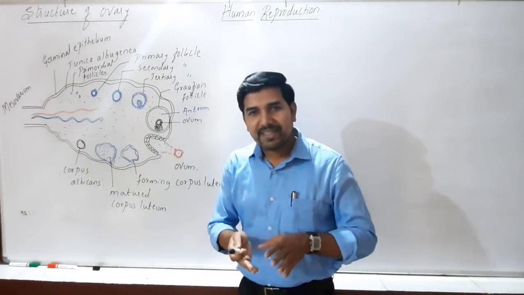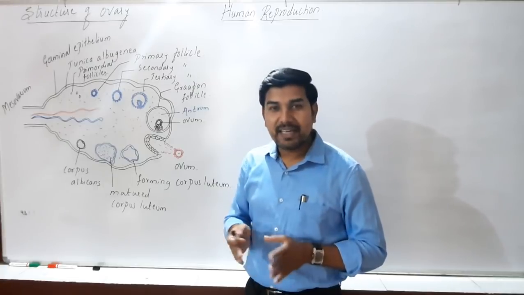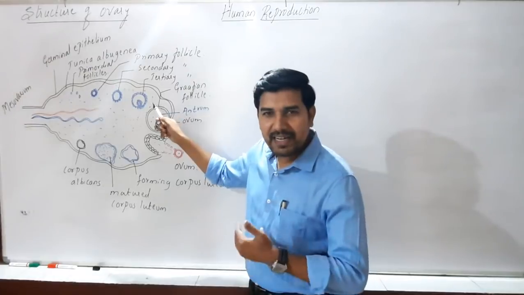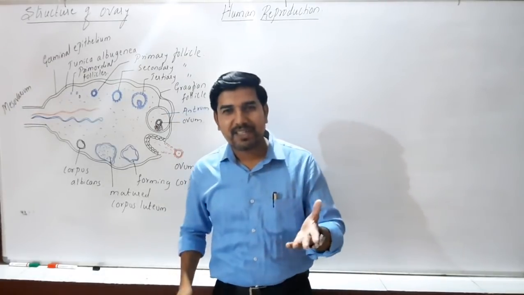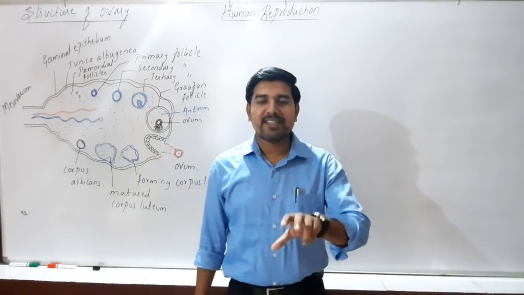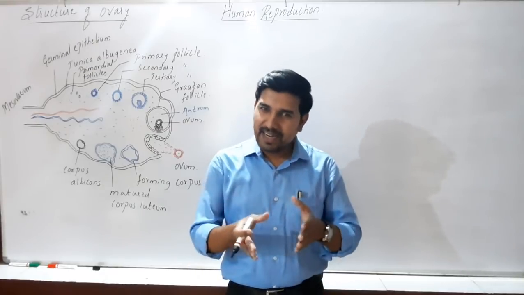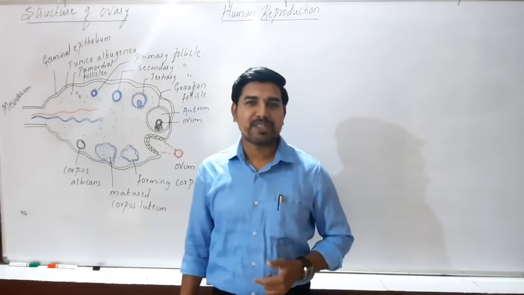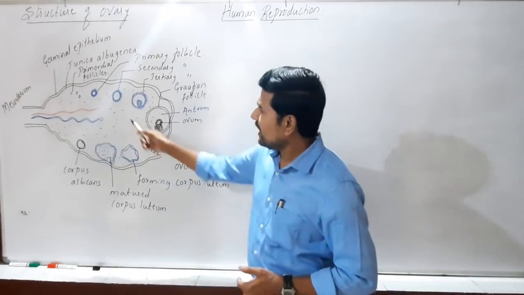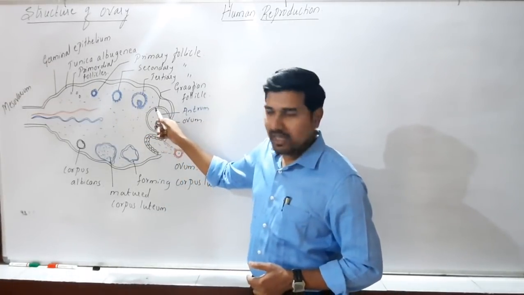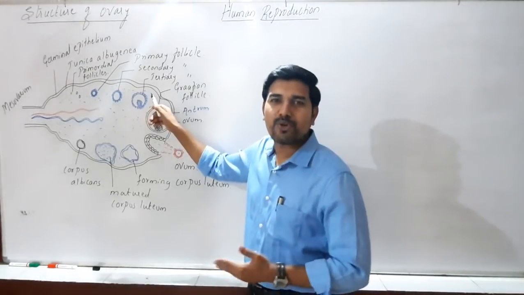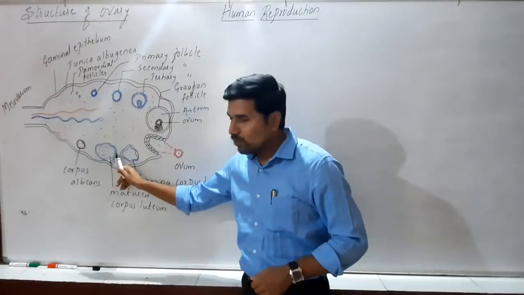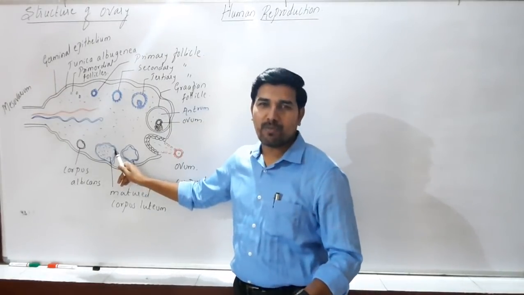Now, which cells of the ovary secrete estrogen? The growing follicles will secrete estrogen. Remember, estrogen is the female sex hormone that is responsible for maintaining the secondary sexual characters of the females also. It also helps in development of the reproductive system in the females. And hence, the follicular cells will produce estrogen hormone, which maintains the femaleness, and the corpus luteum will produce a progesterone hormone.